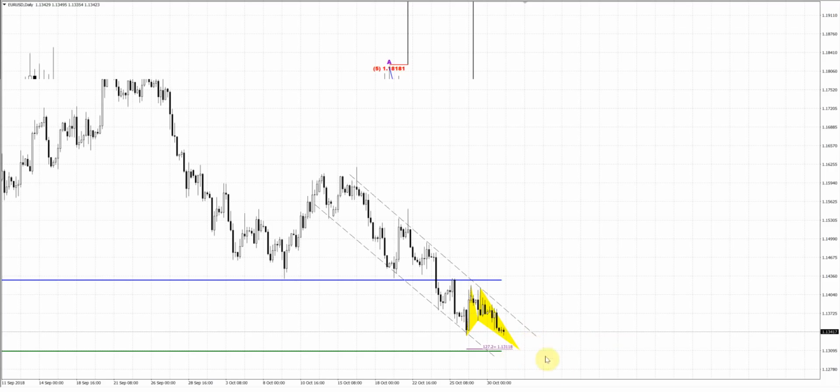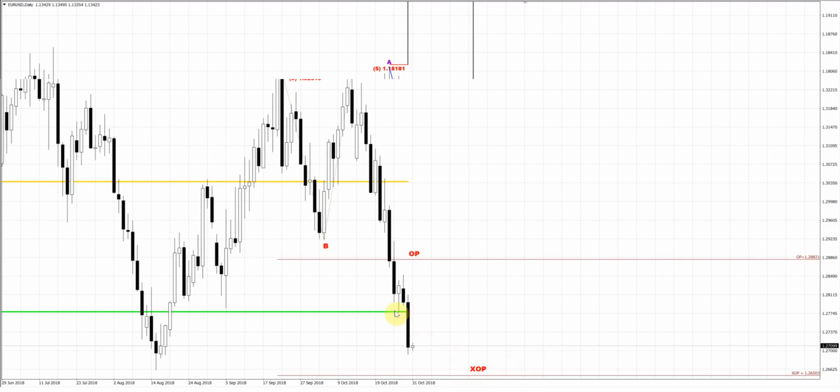The same story on the Great British Pound. Recall what we said yesterday in our video. Take a look at what has happened. Indeed, a minor response happened on the monthly pivot support 1, and then the market collapsed. Now, as on the euro, we are waiting for the OP target. On the Great British Pound, since it's a smaller volatile currency, we are watching for XOP, and this XOP stands slightly below these lows. Here you can also see the situation looks bearish.